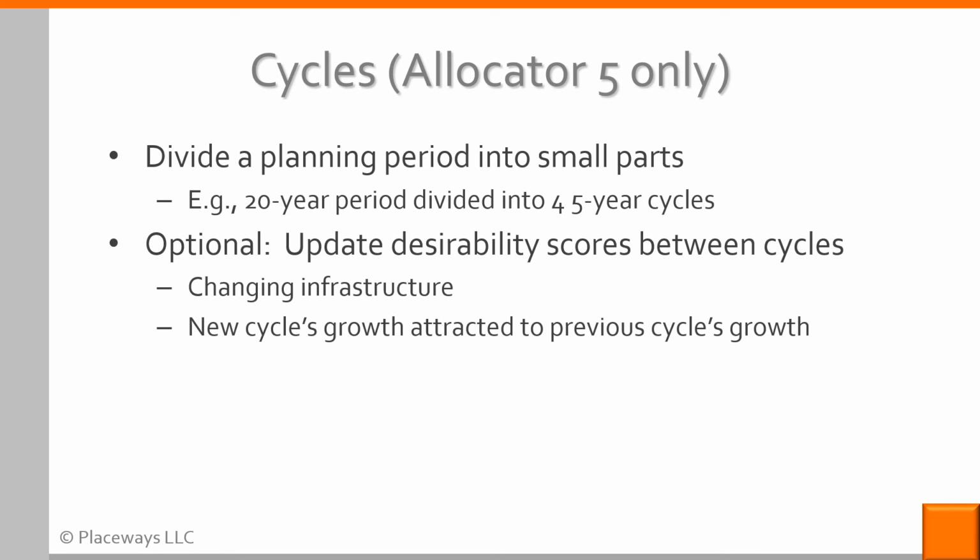There are two main reasons for doing this. One is that you expect infrastructure to change in the future. For example, if you know that a new rail line is going to complete 5 years from now, that will probably change desirability scores for some locations. You can run one cycle for the first 5 years, update scores, and then run the rest of the allocation